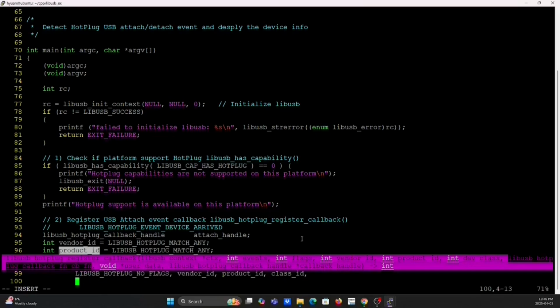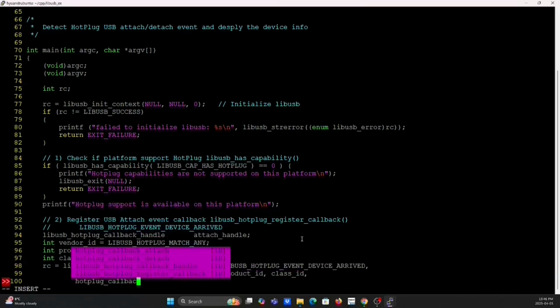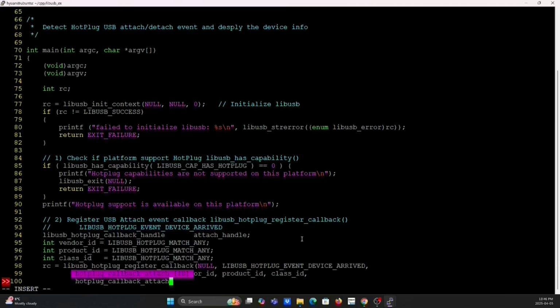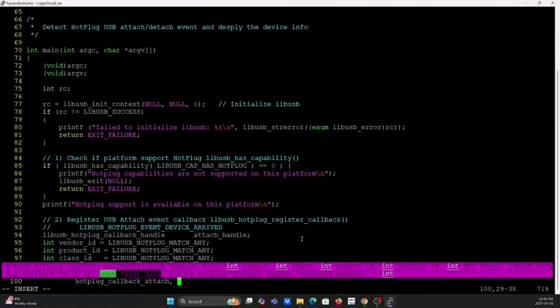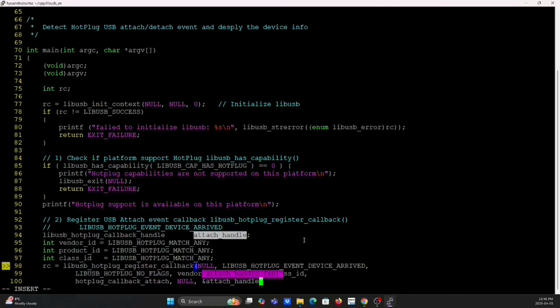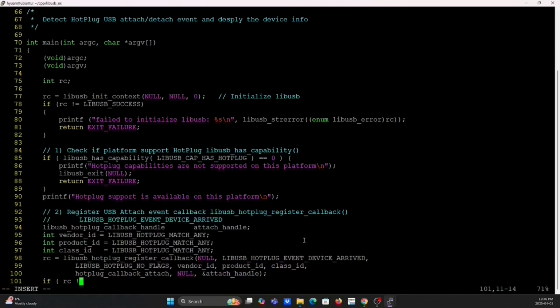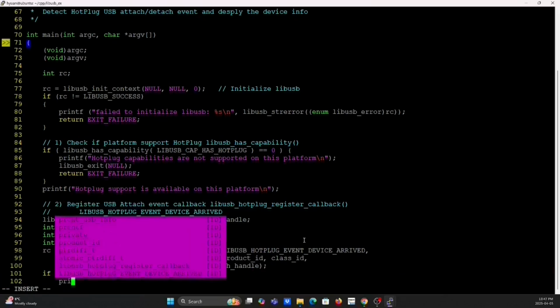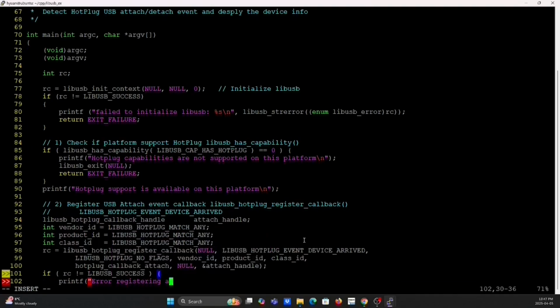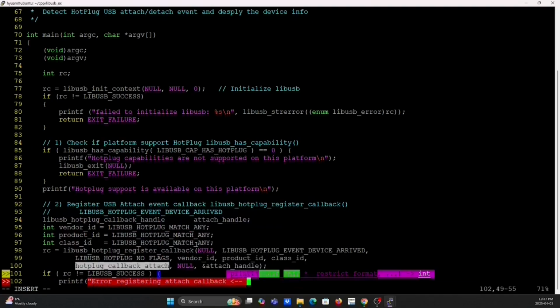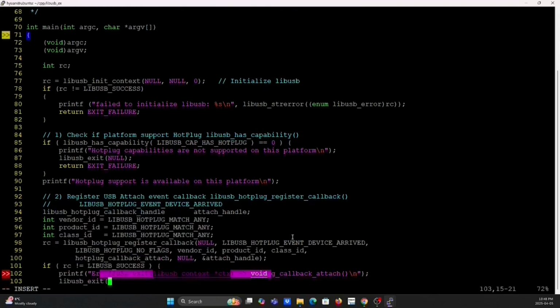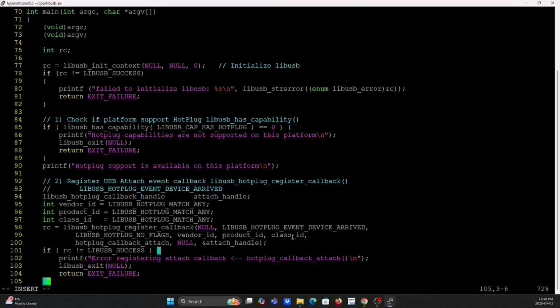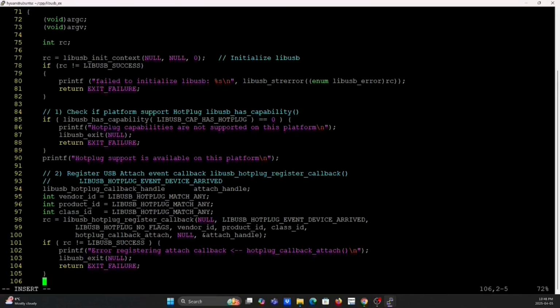Next is the callback function, hotplug_callback_attach. The parameter passed to the callback function is NULL, and a pointer to the attach handle. If the return code is not equal to LIBUSB_SUCCESS, if error, print out the message: error register attach callback. When successful,